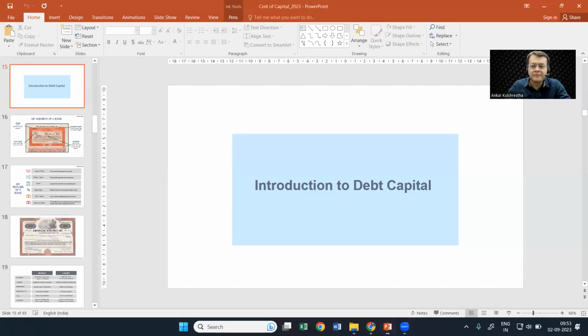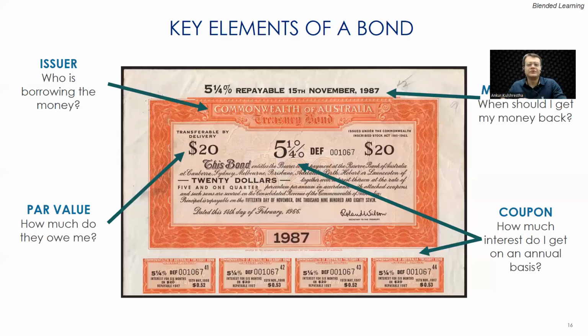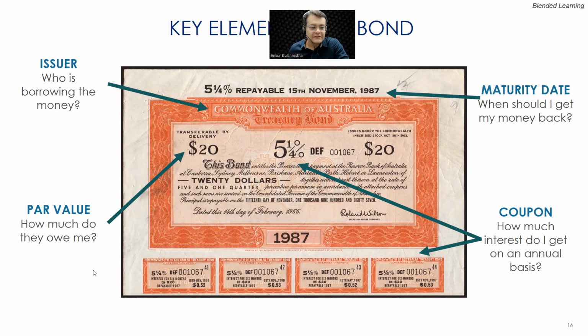So allow me to take a deeper dive into one of the fantastic instruments called a bond. Now, this has nothing to do with James Bond. Okay, bond is the second most famous instrument within the whole spectrum of debt capital. The first one, of course, being something called a loan, which all of us have been a part of. Okay, so allow me to scribble a bit. Yeah, so here I am with loan, most famous,